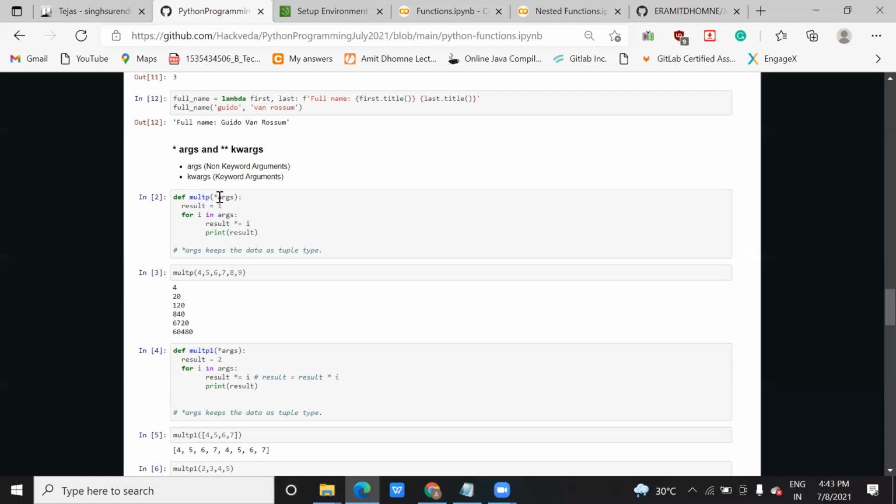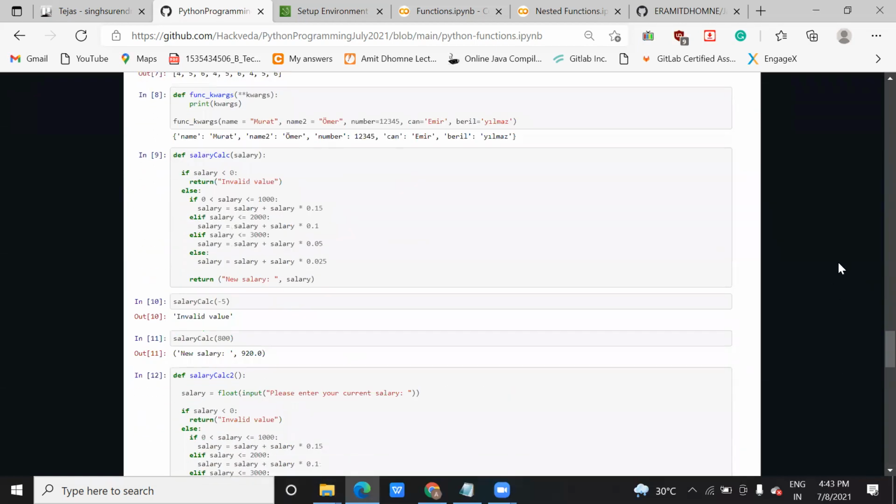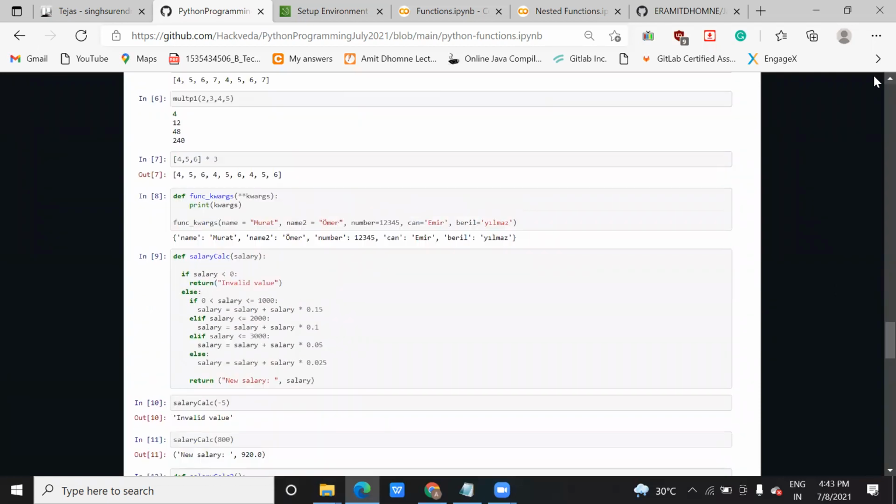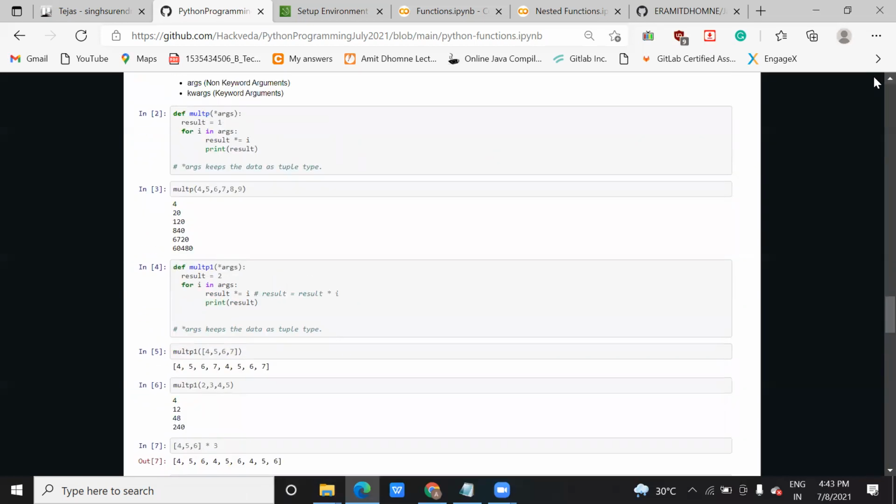You have to work on a certain set of arguments, and the output will also be generated based on that. This is called non-keyword argument. What is keyword argument? So when we entered 4, 5, 6, 7, 8, like that six values,